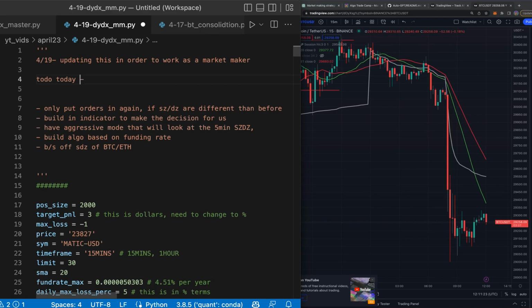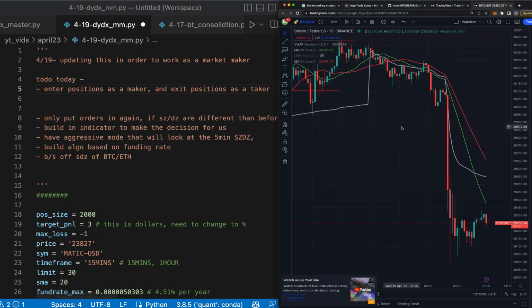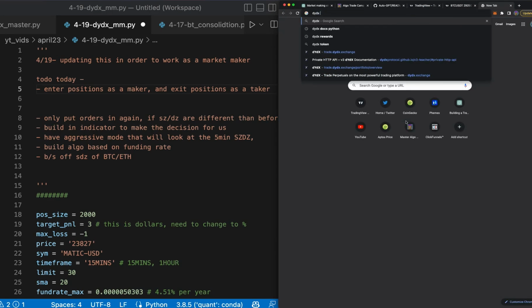Okay, we're gonna enter positions as a maker, and exit positions as a taker. So what does that mean? Well, as a maker, that means we would pay less fees, and as a taker, we would pay more fees. What are those fees? Let's go ahead and look. I'm pretty sure it's, let's go to dydx fees,